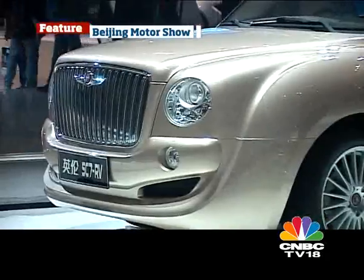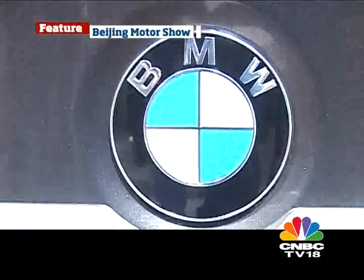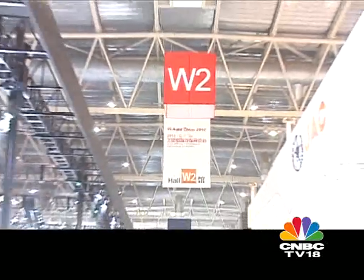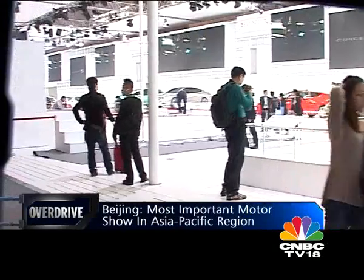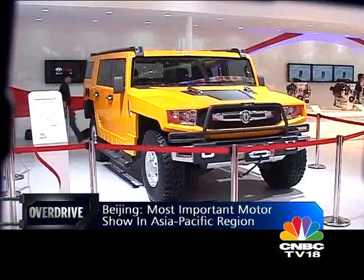Years ago, the center of the auto market, at least in the Asia-Pacific region, used to be Tokyo. Not any longer. China now buys the most cars in the world, and the Middle Kingdom's annual auto show, especially the one at Beijing,